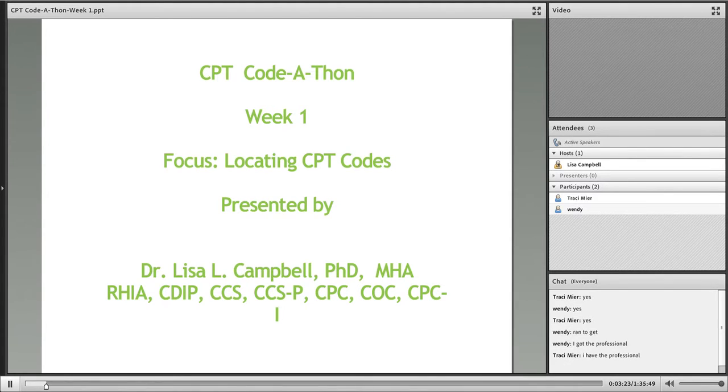So the inside cover of your CPT manual, there's a couple of things I want to point out. Number one, in the upper left-hand corner, you see symbols. These symbols are used throughout the CPT manual to provide information only. They are not added with the code, and I'm talking about just the symbols right now, but they're not added to the code. They represent